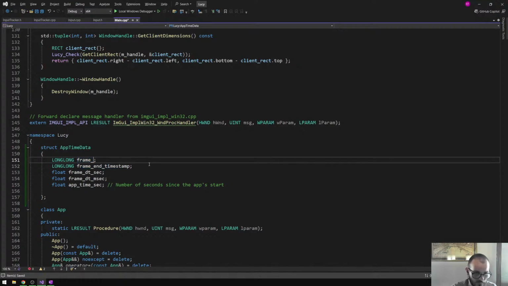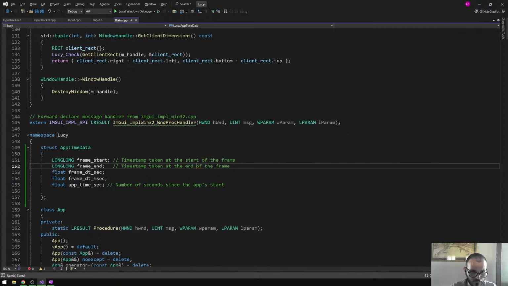Frame start, frame end, timestamp collected at the start of the frame, at the end of the frame. Frame delta time in seconds would be,